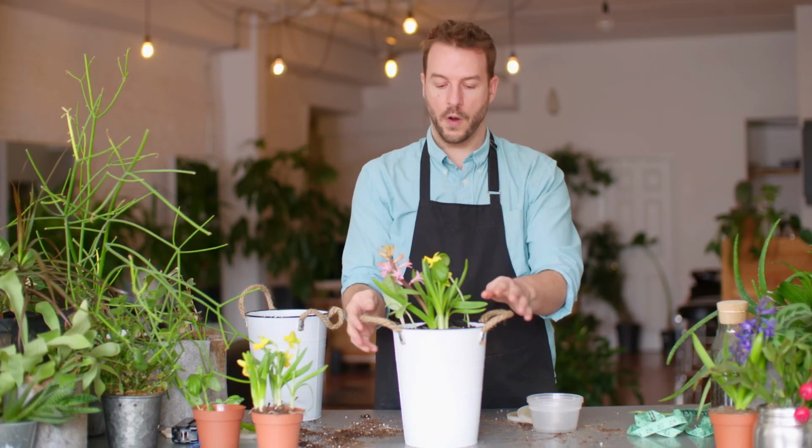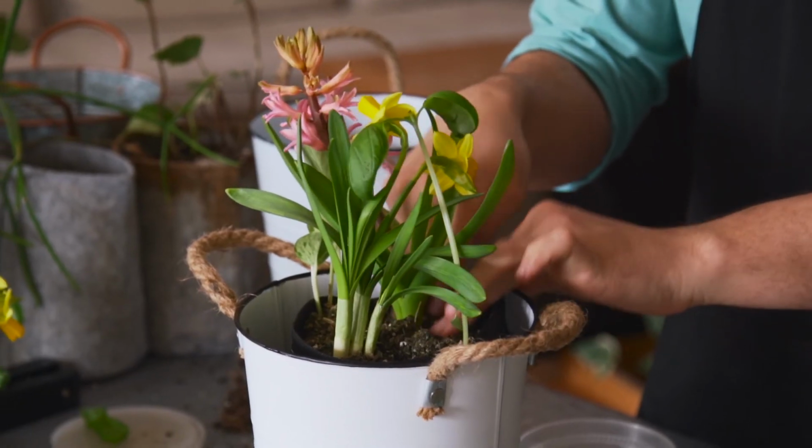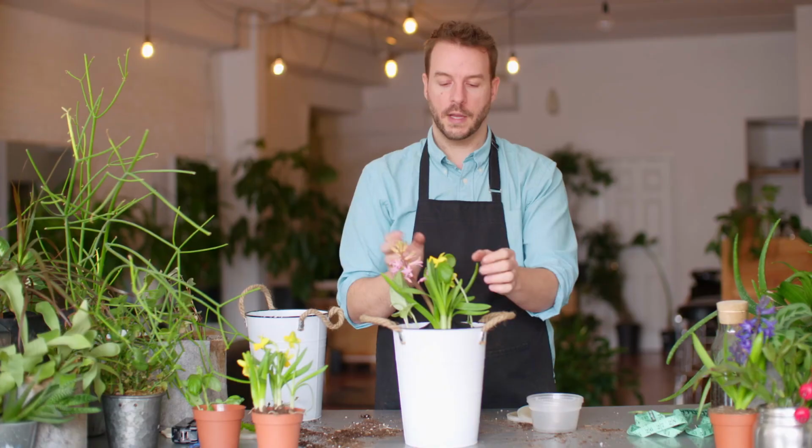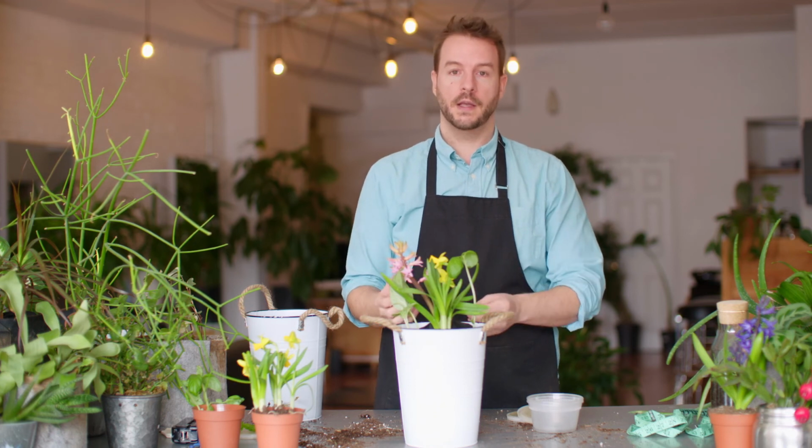As these grow, in the next few days they may settle down a little bit, so again you can always reposition them and get them settled into the orientation that you want, and then watch it grow. And now with this type of technique, you can slowly transition all the plants that you have on your balcony